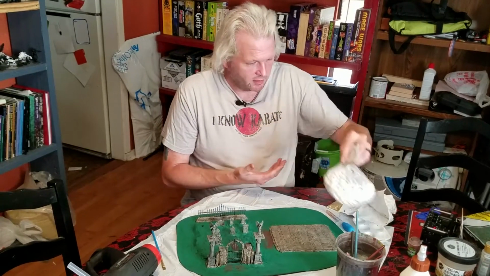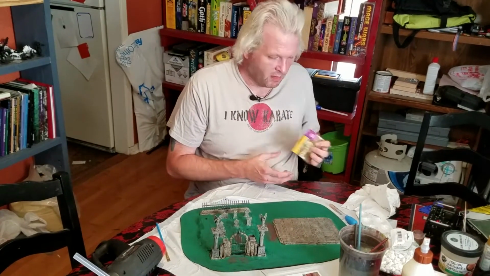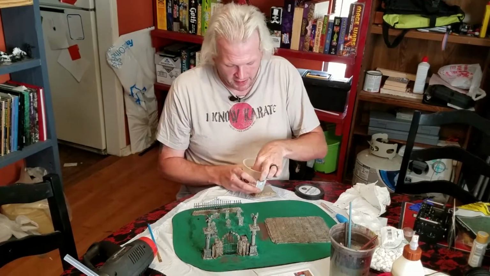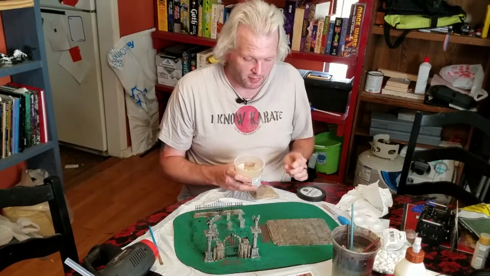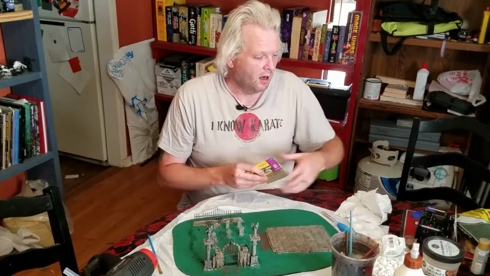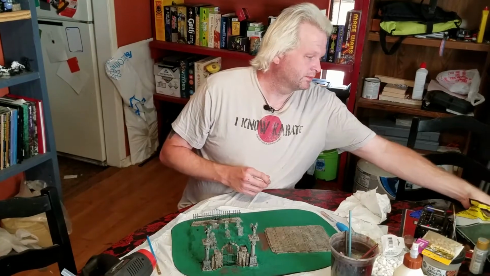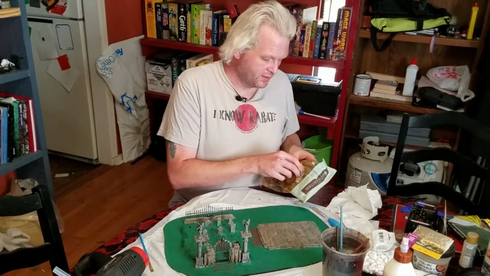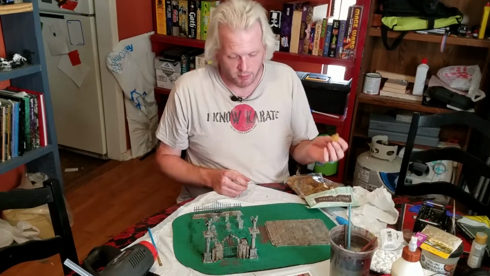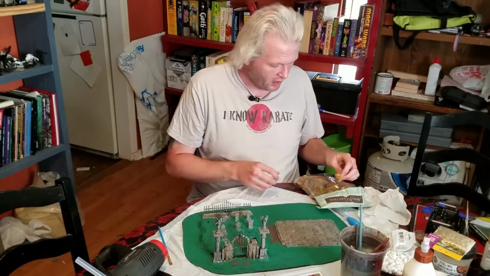For our pathway, I've got model rocks and playground sand, which once again will have to be painted to get the proper texture, well, proper colors. Got Spanish moss, which comes in little clumps, and I will show you in this video how to turn these into bushes, and we'll have a couple